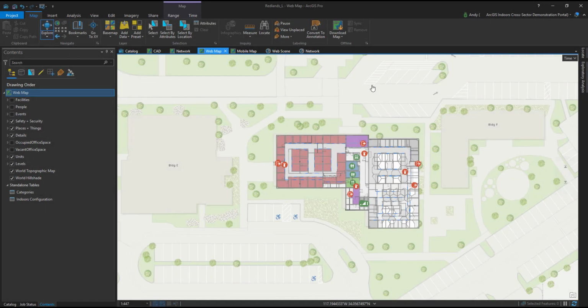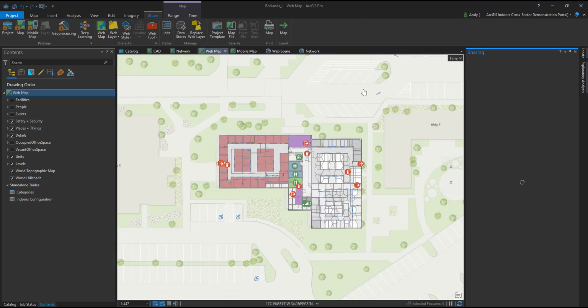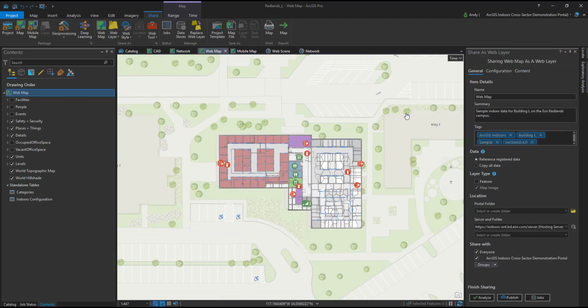So the first thing we're going to do is publish our ArcGIS Indoors model to our portal from ArcGIS Pro. We're going to publish the web map by selecting Web Layer and Publish Web Layer in our Share tab. The web map image layer by default is selected to display and analyze data from sublayers defined in a map service. We need to publish a feature service for our layers to allow it to display and analyze data as